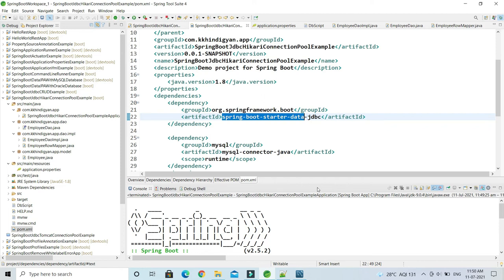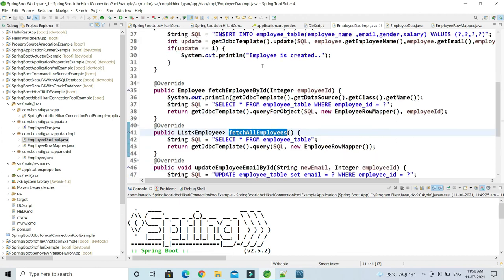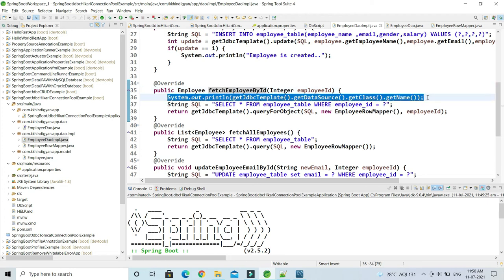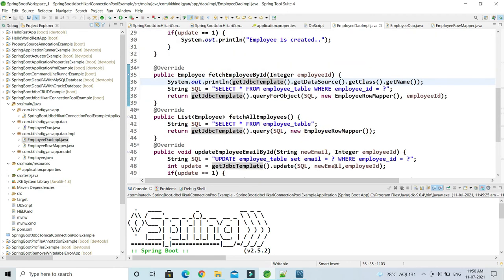And if you look at the output in my DAO class, what I have done, guys, while calling this API fetchEmployeeById, I'm printing the data source's fully qualified name. I am calling getJdbcTemplate, and after that getDataSource, then getClass, then getName.